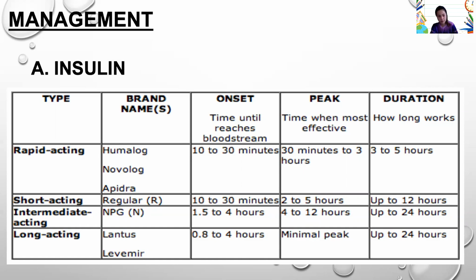So, make sure nyo, pag ang patient nyo is naka-rapid acting at naka-short acting, dahil mabilis ang effect niya, before nyo bigay ito, make sure na yung pagkain is ready na. Kasi, dapat ang food is available na sa bedside. Kasi may possibility kung hindi pa pala ready ang food at na-inject mo na siya ng masyadong maaga, yung insulin, pwedeng magkaroon ng hypoglycemia ang patient or masyadong bumaba ang sugar niya.